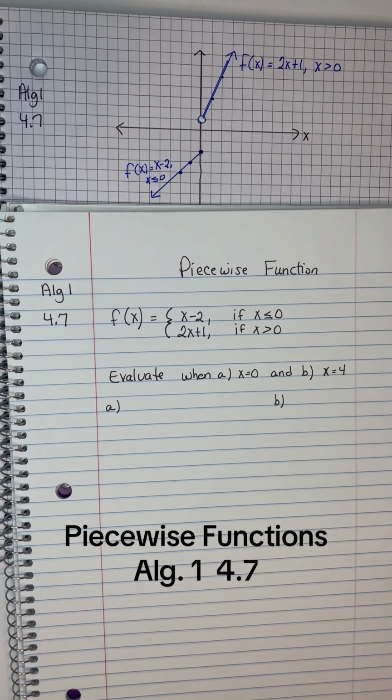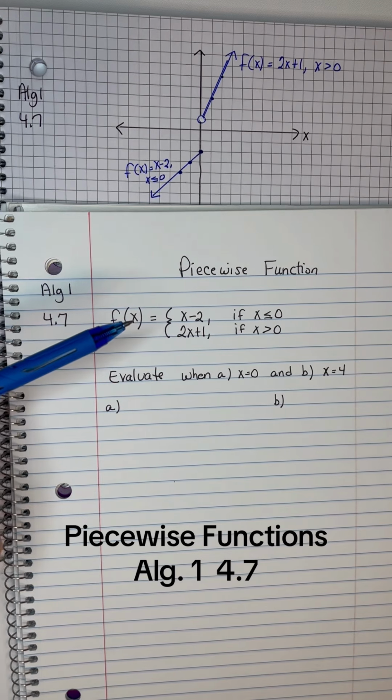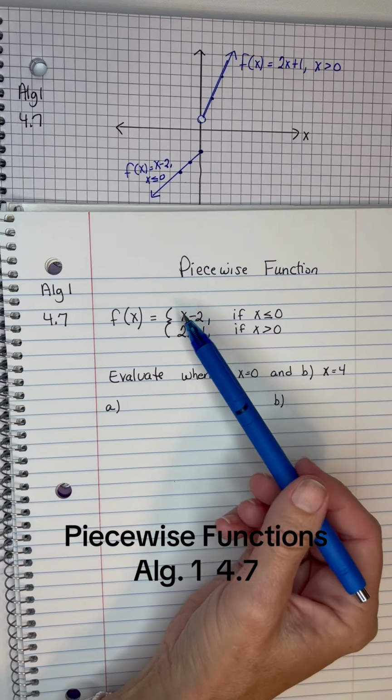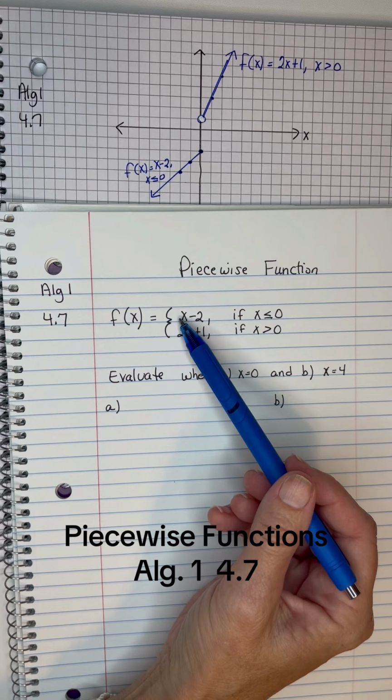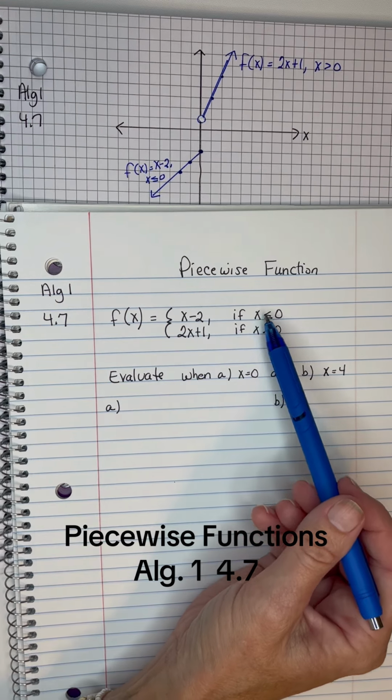Have you ever heard of a piecewise function? It's defined by two or more equations. In this case, I have two equations, and each piece of the function applies to a different part of the domain. So here it's saying that my f of x is going to equal x minus 2 if x is